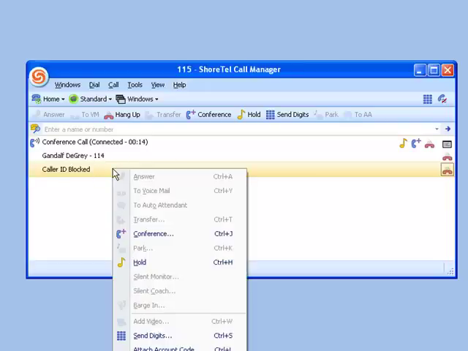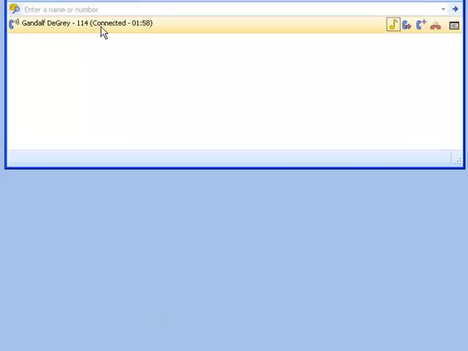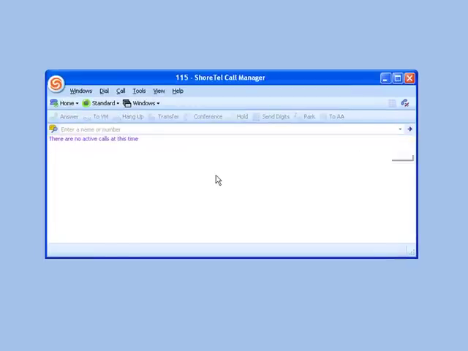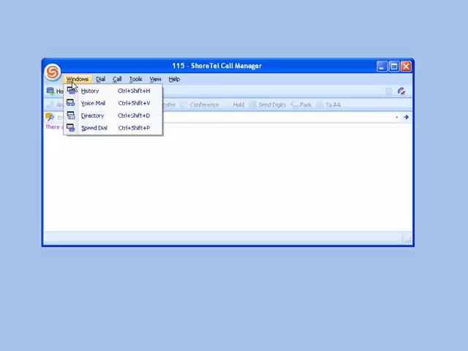I can drop someone from a conference call by right-clicking the call and going down to drop that caller. So at this point, I'm back talking to Gandalf, and the two of us are engaged in a telephone conversation. I'm going to hang up on Gandalf at this point, and I'm going to walk you through the highlights of the call manager. Under the Windows